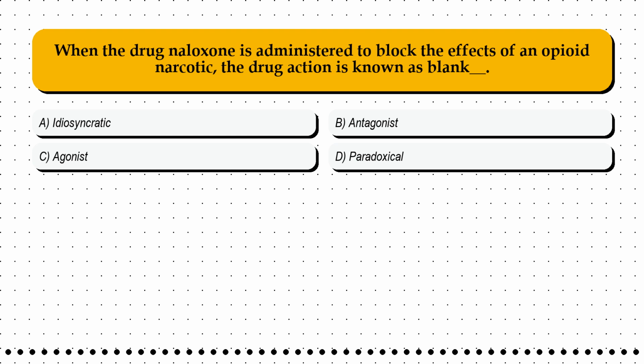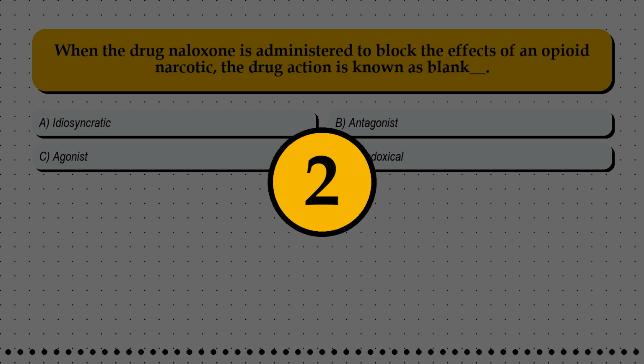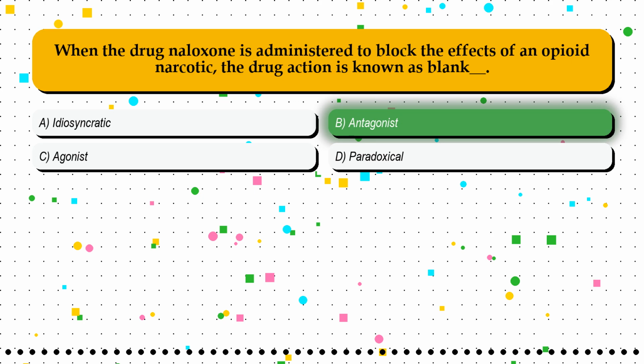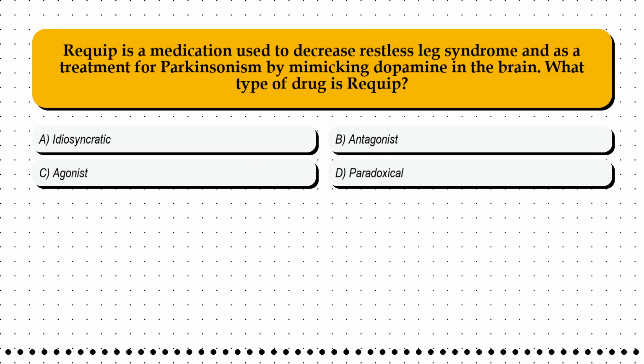is known as blank. Option A, idiosyncratic. Option B, antagonist. Option C, agonist. Option D, paradoxical. The correct answer is option B, antagonist. Question 39. Requip is a medication used to decrease restless leg syndrome and is a treatment for Parkinsonism by